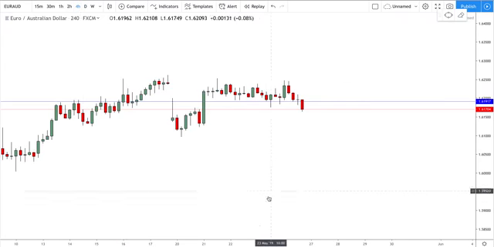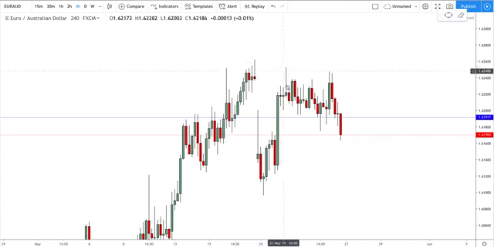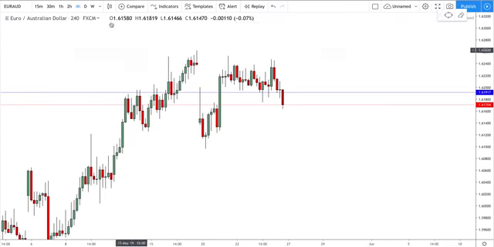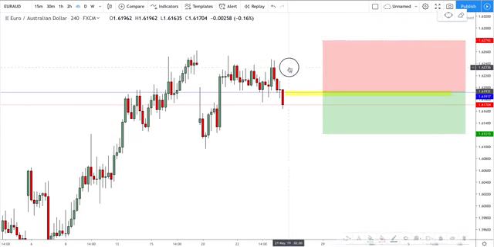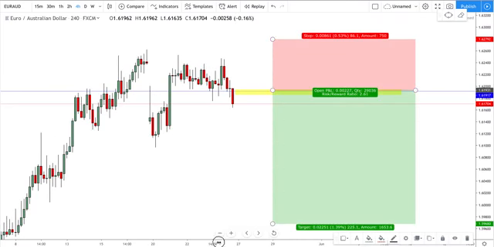We drop down to the 4 hour, you can see we're just breaking below that level now. We're using it as support, just tapping it once, twice, 3 times. We've broken below, and now I'm going to be looking at this pair coming lower as well, just like Euro NZD. So I'm looking at anywhere really around this level here, from here onwards, to come back and retest this as resistance. And if we can come back and retest that as resistance, if we break it a little bit lower, come back up at any point, then I'll be looking at taking a short trade from around this level and coming down lower. But as always, I'll keep you updated.